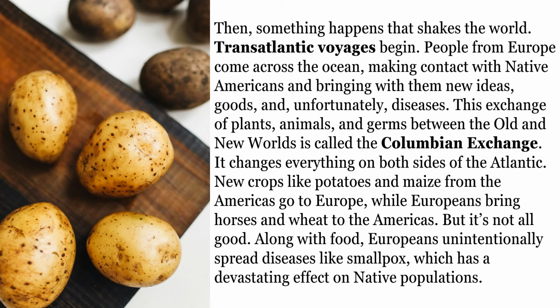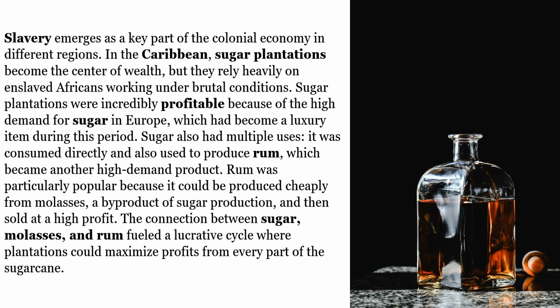New crops like potatoes and maize from the Americas go to Europe, while Europeans bring horses and wheat to the Americas. But it's not all good. Along with food, Europeans unintentionally spread diseases like smallpox, which has a devastating effect on native populations. Slavery emerges as a key part of the colonial economy in different regions. In the Caribbean, sugar plantations become the center of wealth, but they rely heavily on enslaved Africans working under brutal